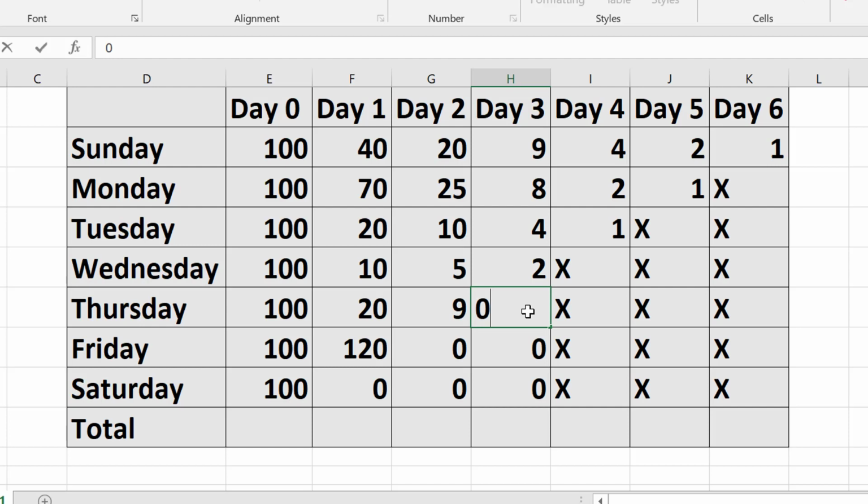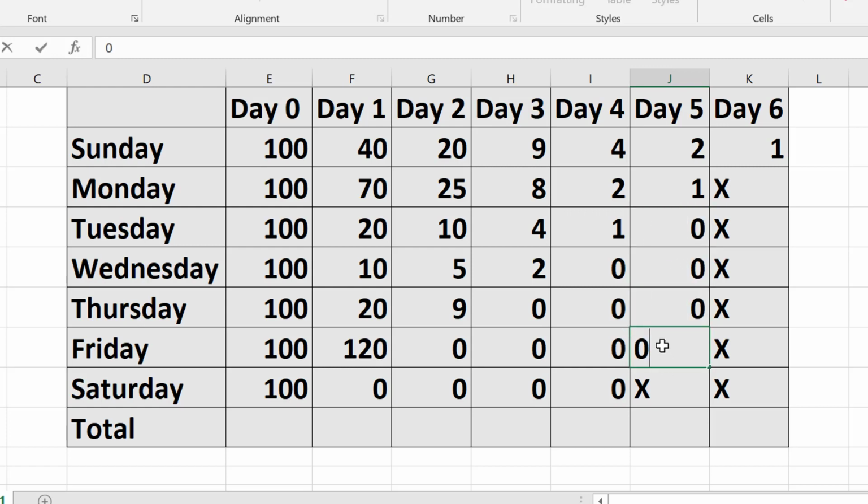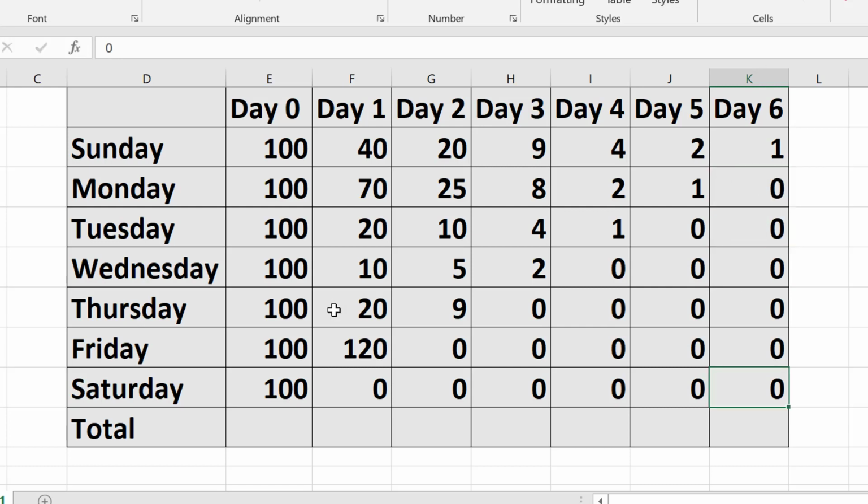X's were put basically for you to understand it well. Let me put it 0 as a numeric value, because that is how it would be easy for the Excel also, and there would not be any confusion for you as well as for the Excel to calculate all the sum totals. So I'm just putting all the zeros instead of all the X's that I had earlier put. So just one more second, and we are just gonna be taking the totals out, and you can see we have all the zeros instead of all the X's that we had earlier put.